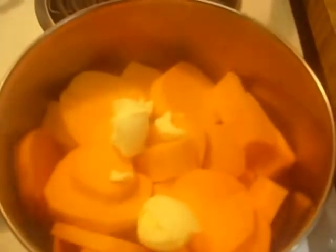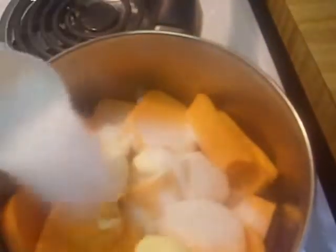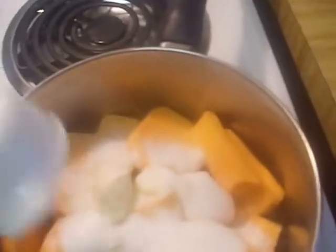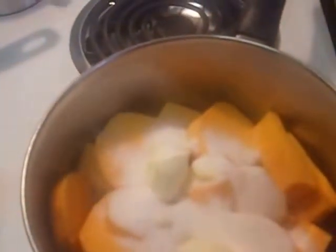margarine. And it's actually good. You're not going to be able to taste the difference in the margarine and the butter. I use a third of a cup of sugar. Now, if I had brown sugar, I would do half brown sugar and half the white sugar, but I'm out of it. And then,